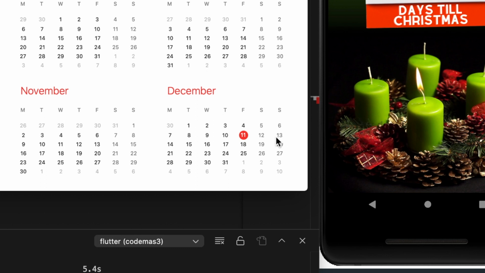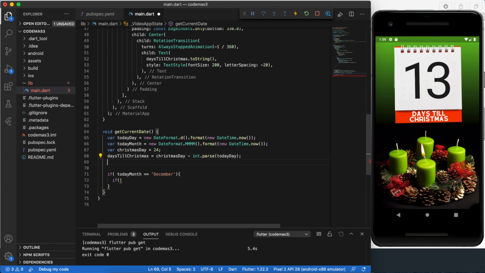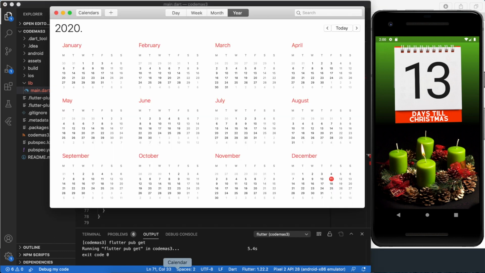Therefore, we will light the third candle on the 13th, and we have already lit candles on the 6th of December and on the 29th of November. Therefore, we not only have to check if it's December, we need to check when it's November. And if it's November, then we have to check today's date. We need to use this int.parse function again, and we need to check that if it's November